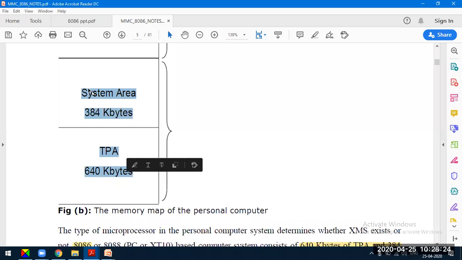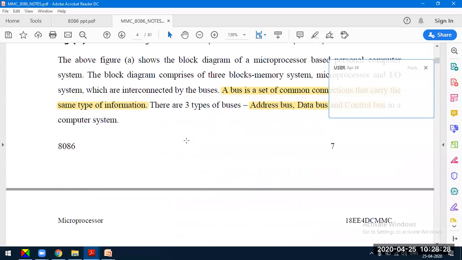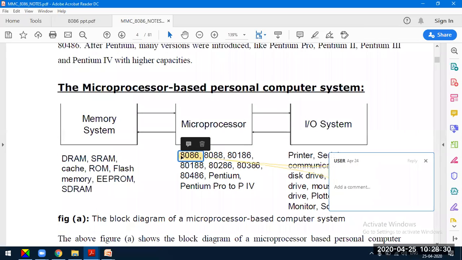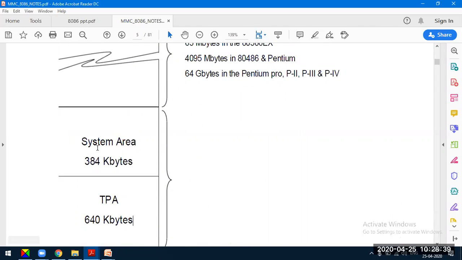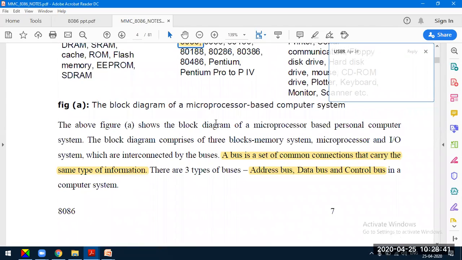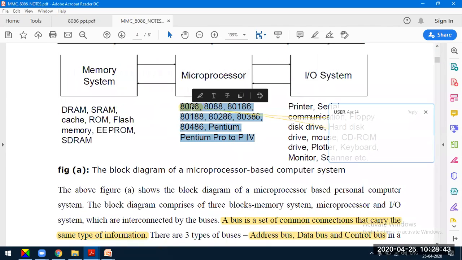The content of this memory varies from processor to processor. It will not be the same for all processors. For example, not all processors will have a VGA adapter. Depending on the processor, the content of this memory varies.